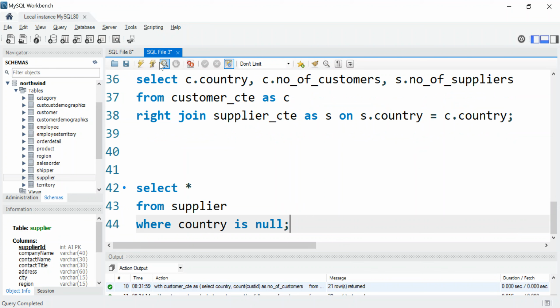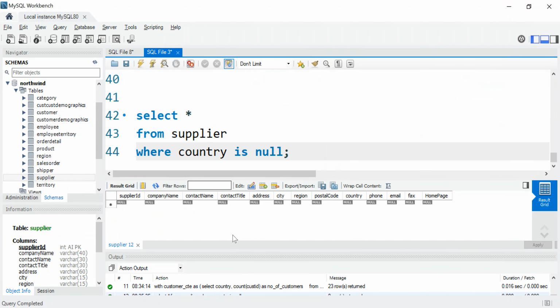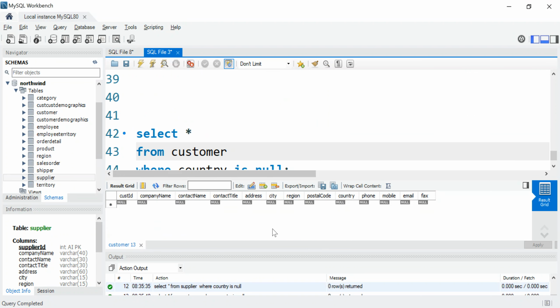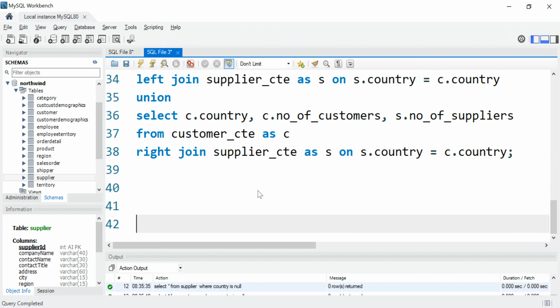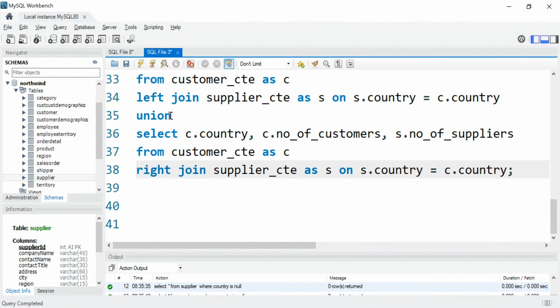So if we do this and we run this, man, that's interesting. From customer, no, yeah, where country is not, that's it. Let's check. That's interesting. So where does that null come from? That null is interesting. So let's start from customer. The way I would actually think about this, unless we have a wrong implementation somewhere, is